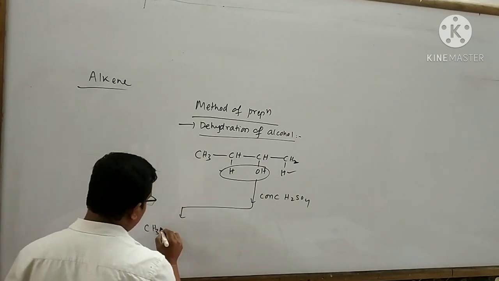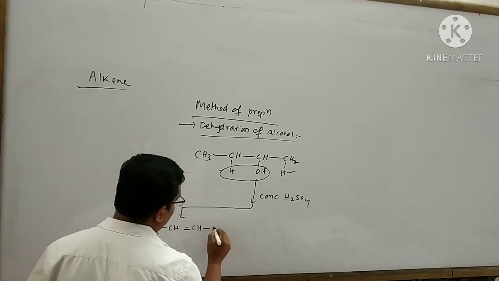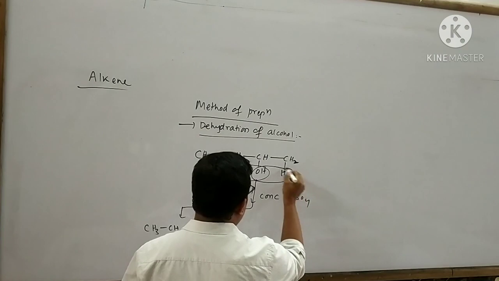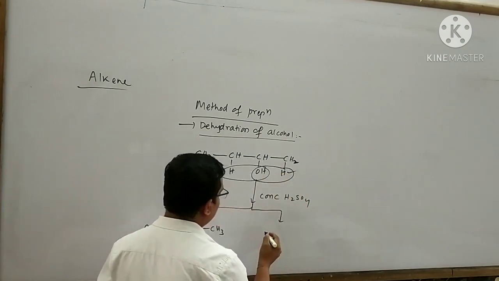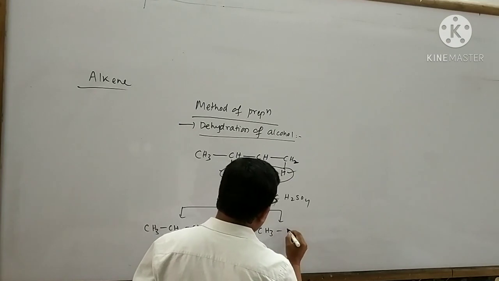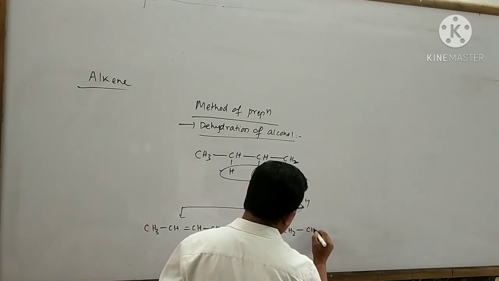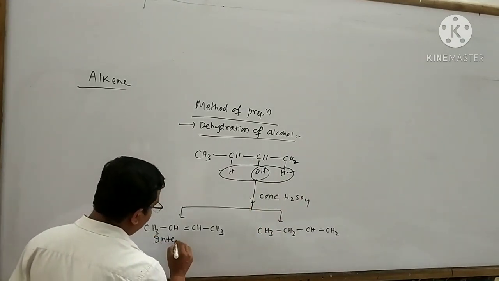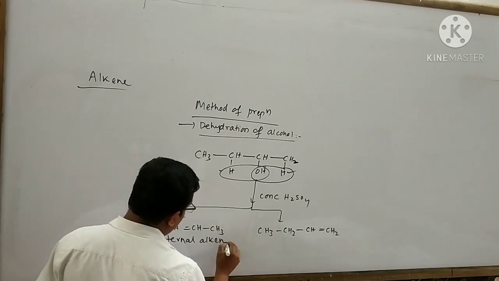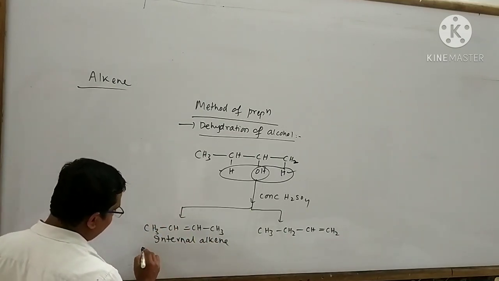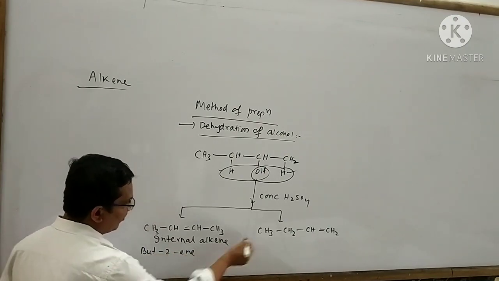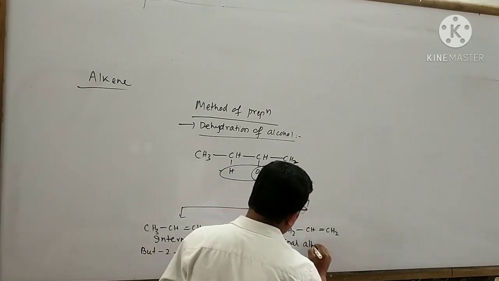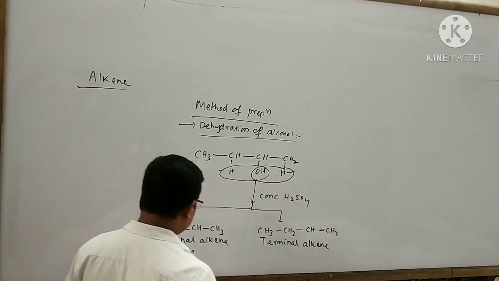That is CH3 bond CH, double bond CH, bond CH3. Suppose I want to remove this hydrogen and this OH, then I can form this compound: CH3 bond CH2 bond CH, double bond CH2. Look at that. This is an example of an internal alkene. The name of this compound is but-2-ene. This is an example of a terminal alkene. The name of this compound is